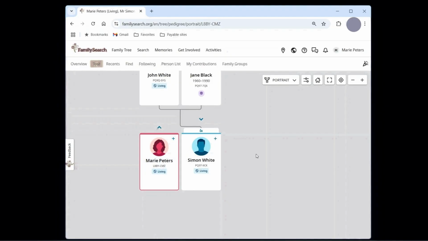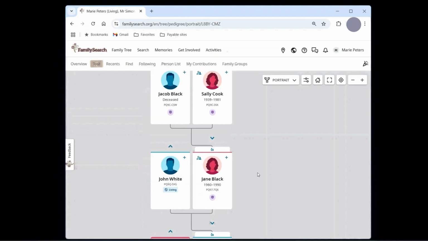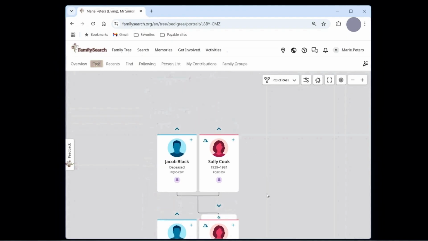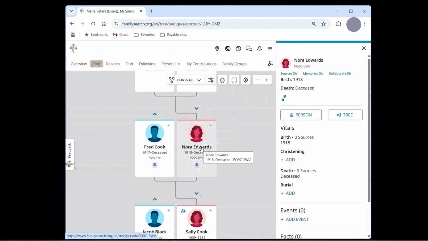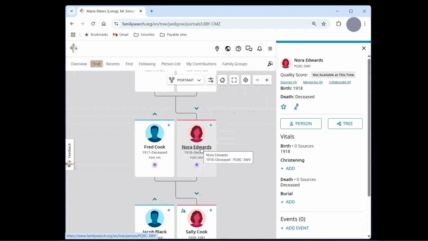From there, she scrolls up to view Simon's side of the family, his parents, then grandparents. To explore further back, she finds Fred and Nora. At the moment, there isn't much information on Nora's side. By clicking on Nora's profile, Marie can add more details, like sources, memories, or even collaborate with others researching the